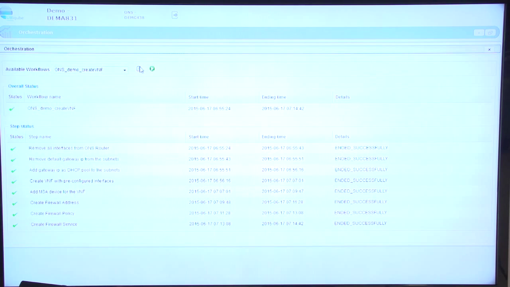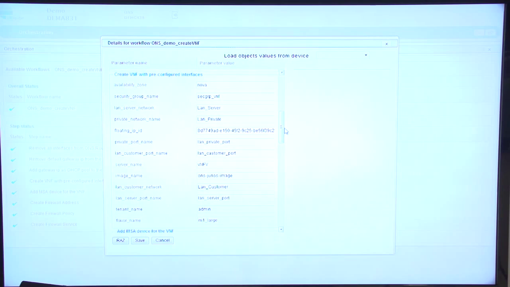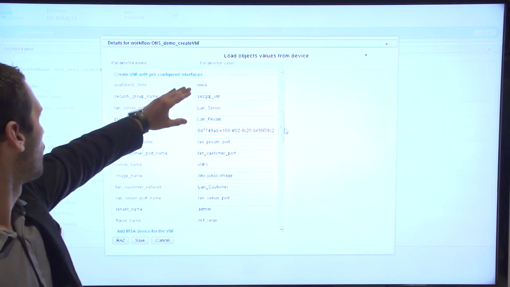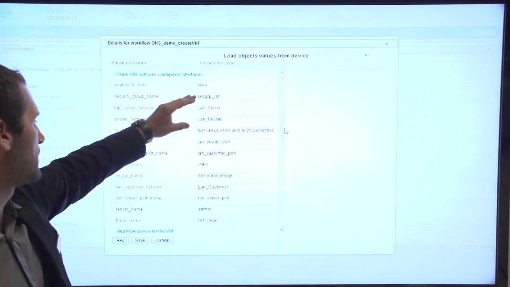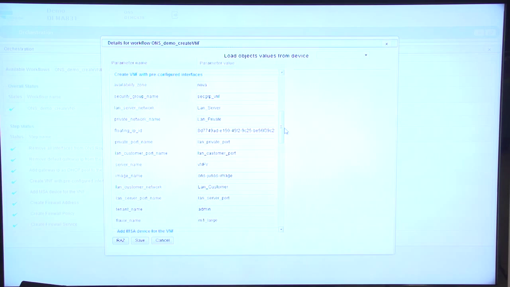I have a set of parameters. By clicking on this icon, I'm able to display on the UI all the parameters that I need to run this workflow. If I scroll down, for example, I have all the parameters that I need to instantiate my new VNF. For example, the availability zone, the flavor, the image that I will use, and so on and so forth.